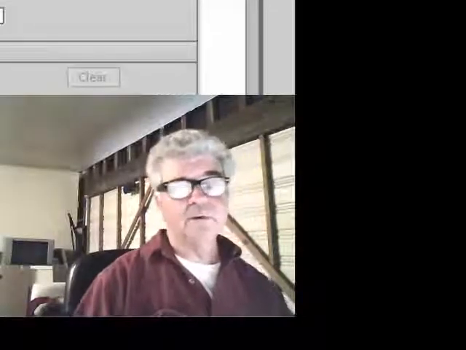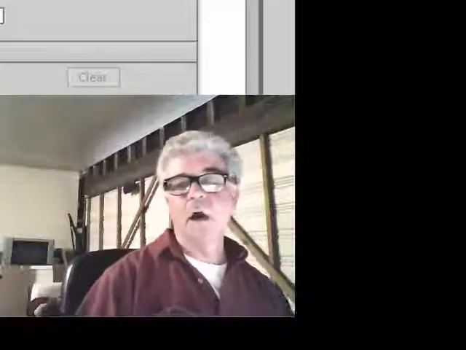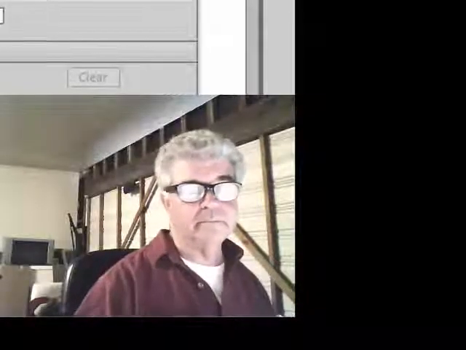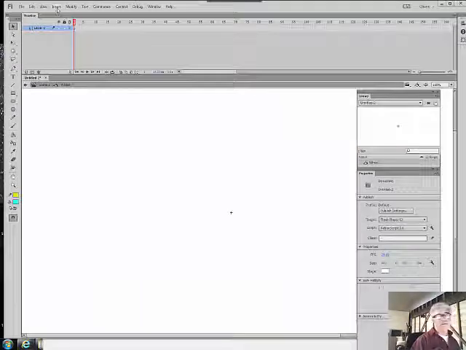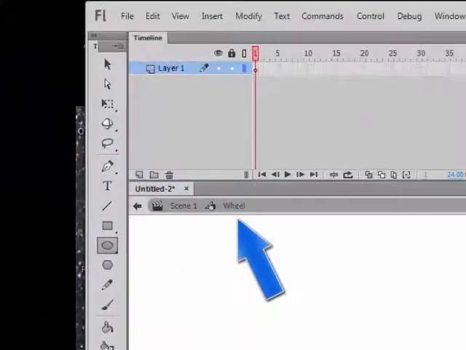Okay, this morning I'm going to show you how to make a rotating wheel for a car or a bus. So let's begin. I already made a symbol. I went to insert symbol and I typed in wheel. So I'm going to go here and I'm going to grab